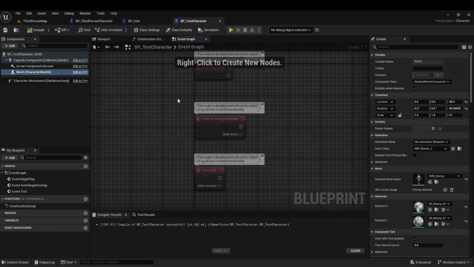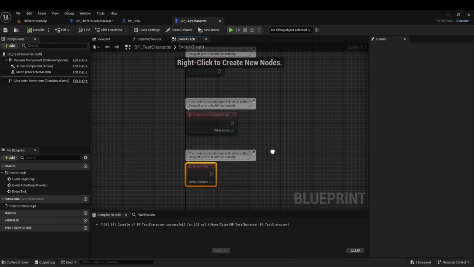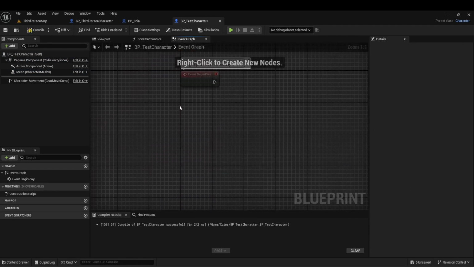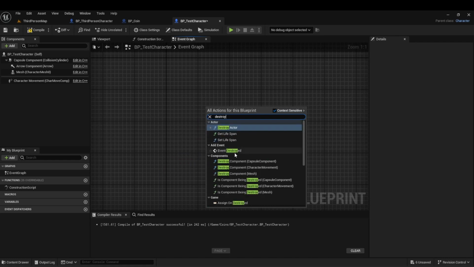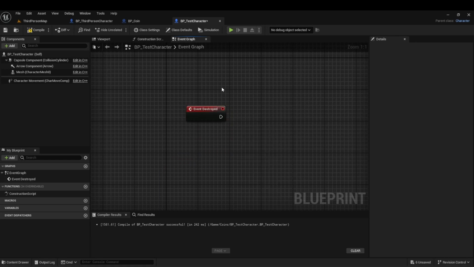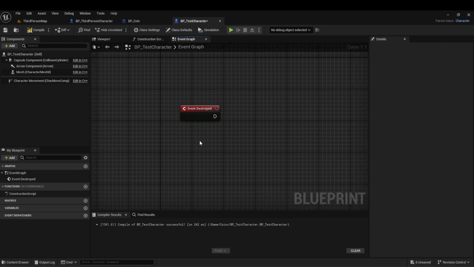Back to the character. All right. For him, we're going to do destroyed. So when this player is killed, we're going to call this function. And during this function, we want to increase the coin of our player. Typically, if you have a combat system and you're killing someone, you have some type of function that references the